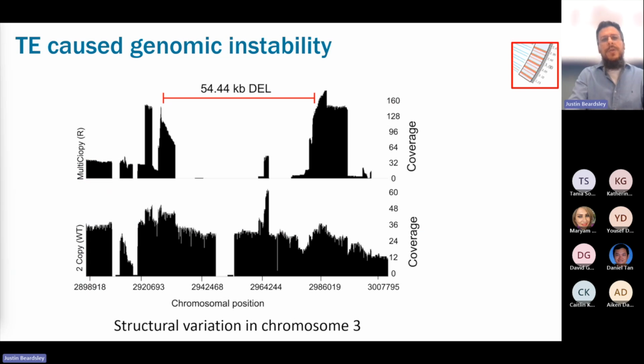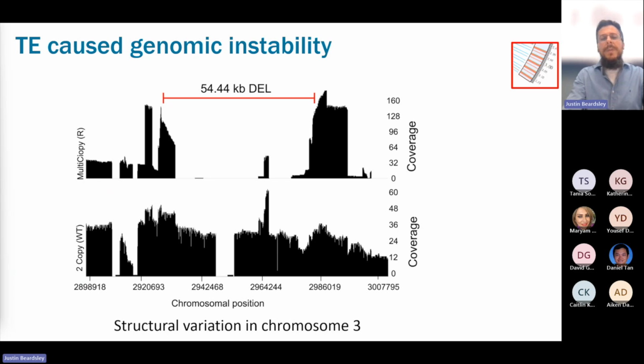So here at the top, we've got a graph showing the effect of these TEs, these transposing elements, just jumping around. This is our resistant isolate at the top, and at the bottom is our sensitive isolate. We're showing here the chromosome position. In our resistant isolate, I was telling you that these insertions were accounting for around 54 kbs. So we've been detecting deletions of 54 kbs as well, right? In other regions of the same chromosome, okay? When you have a look at the sensitive, you cannot see those deletions, obviously.